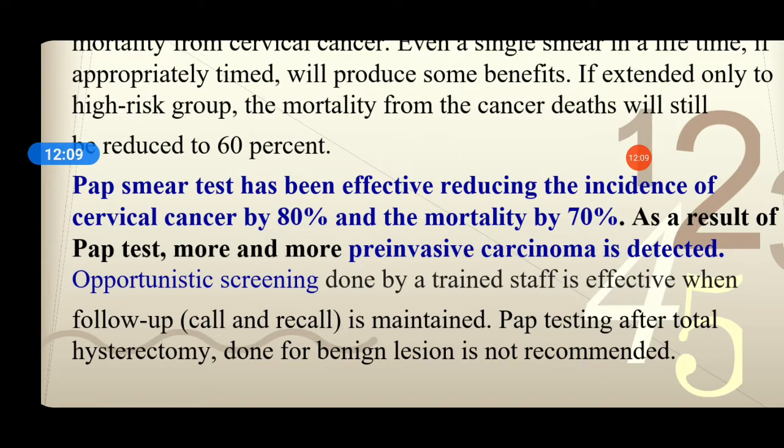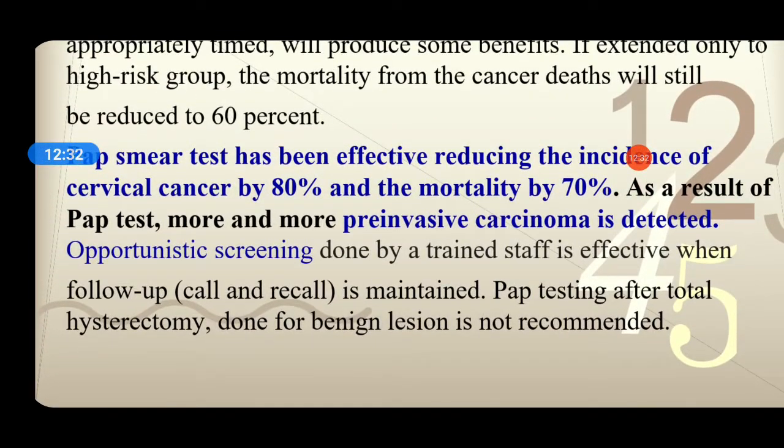If you identify the cancer in its initial stages, then it's very easy to save the life of a patient. So the Pap smear is not only helping in diagnosing advanced stage cancer, but also the pre-invasive cancer, meaning without the spreading of the cancer, or the early stages of carcinoma, which is very important. If you diagnose cancer early, it will be better for the patient to treat it, and you can save the life of the patient.